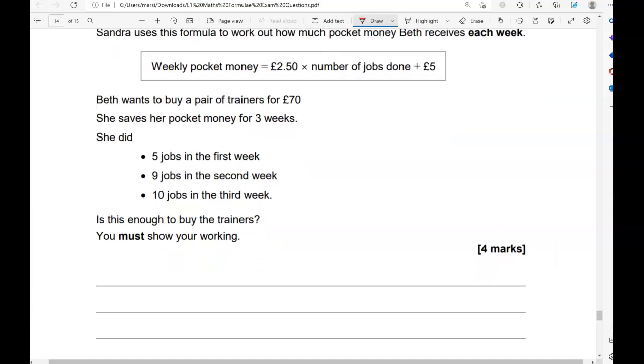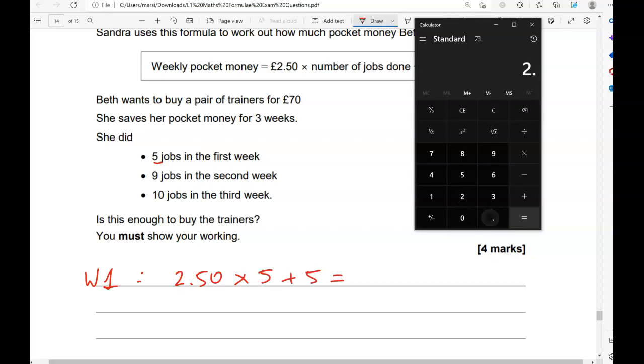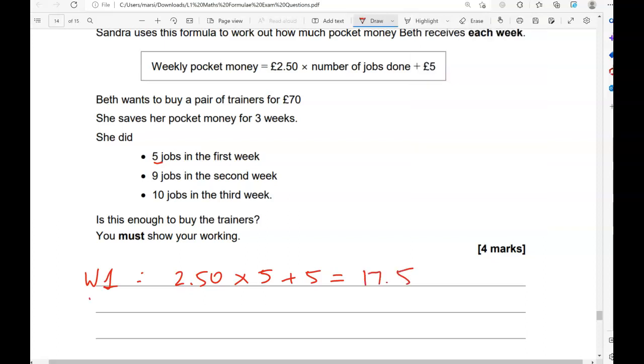So we could do it week by week. So for the first week, she's done 5 jobs. So week 1, £2.50 times number of jobs is 5 plus the £5. So £2.50 times the 5, 12.5 plus 5 gives us 17.5. Week 2,